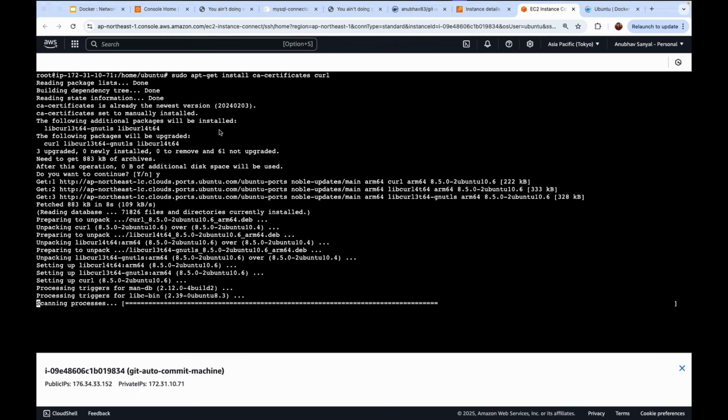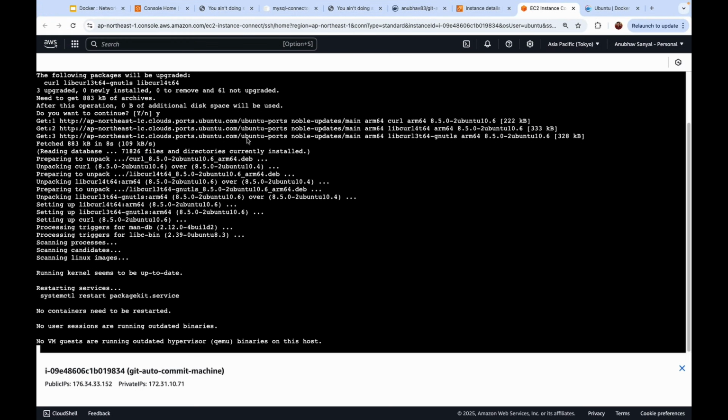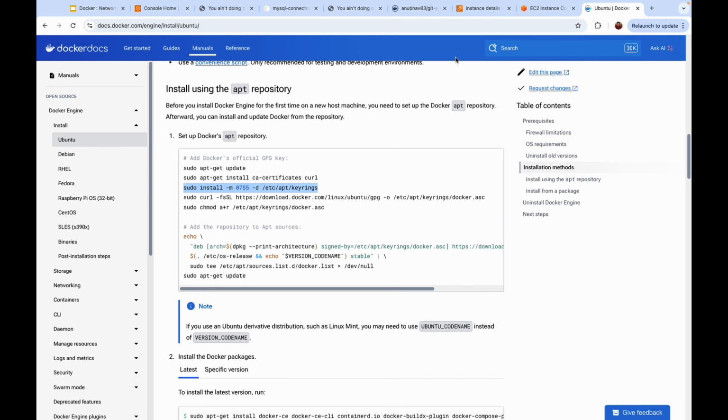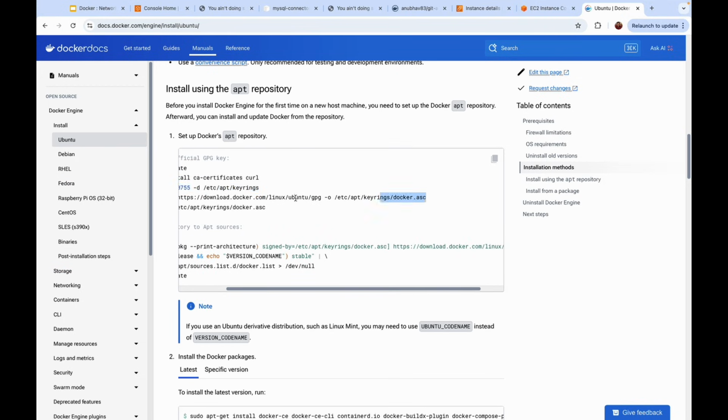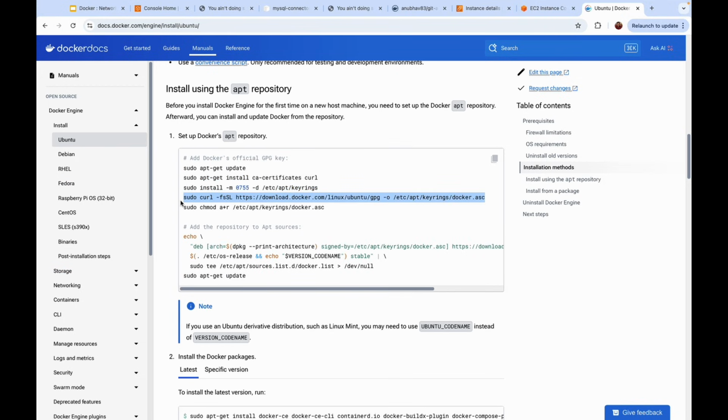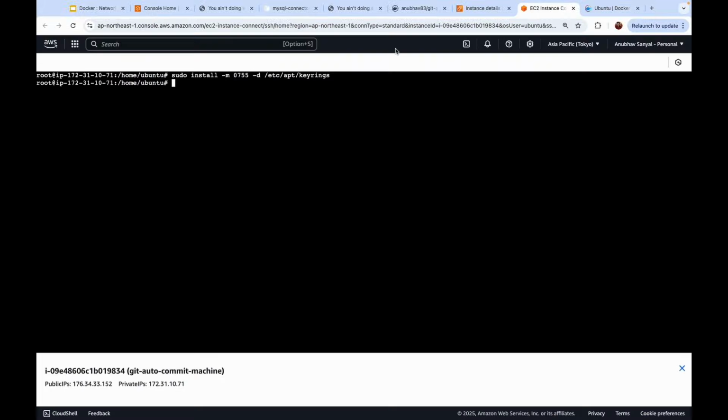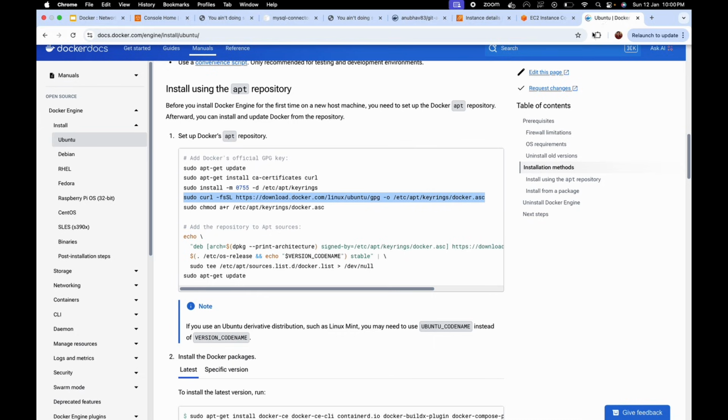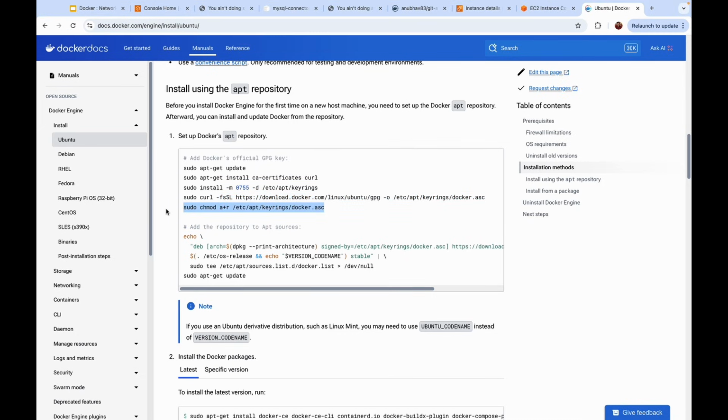Obviously, if you want to read a bit more on what these specific commands are doing, you can always go back to this page, where the complete details are given. But again, my goal is not to go into much detail, but rather to showcase deploying a Dockerized container on an EC2 instance. So the third one is also done running. I will copy the fourth one. These should be very quick actually. Yep, followed by the fifth command,